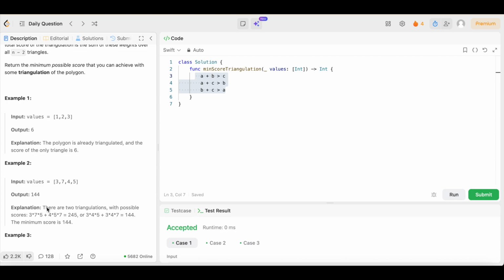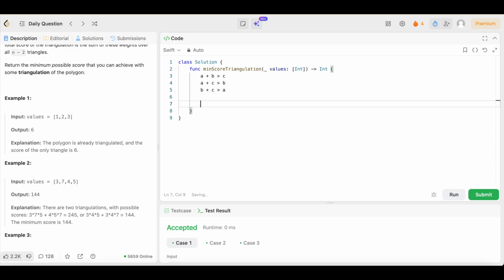And as you can see, let's look at the explanation. There are two triangles with possible scores. So let's look at the two triangles. We have two triangulations that we could do, and each triangulation has two triangles. So the first triangulation, we could use these two triangles right here, which would give us, when we add it all together,